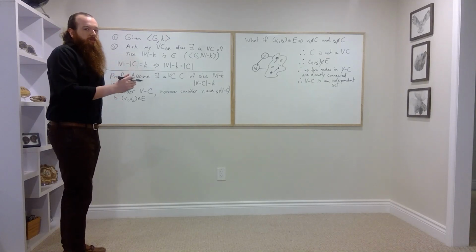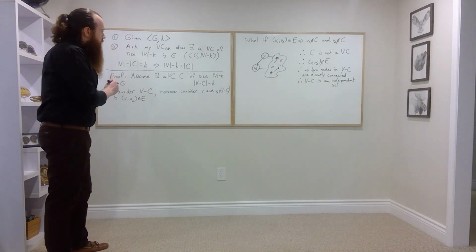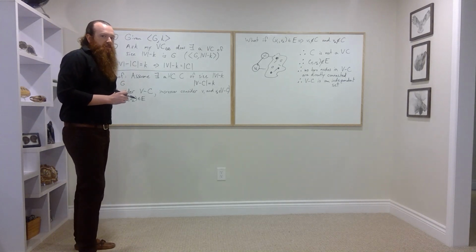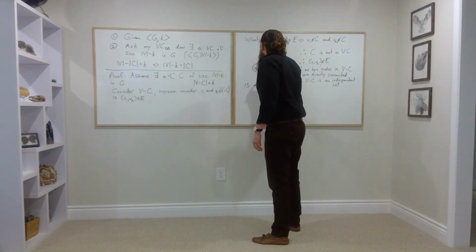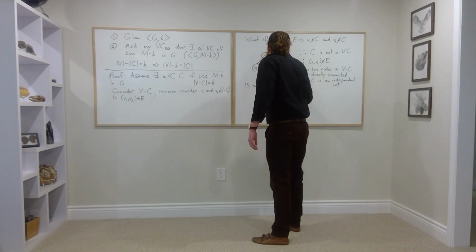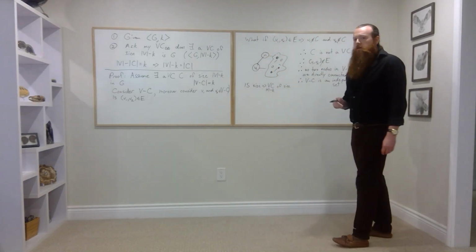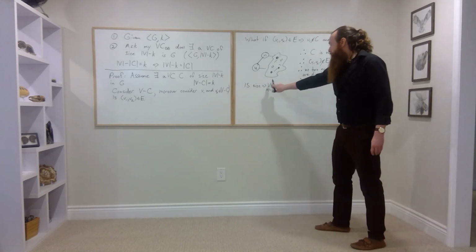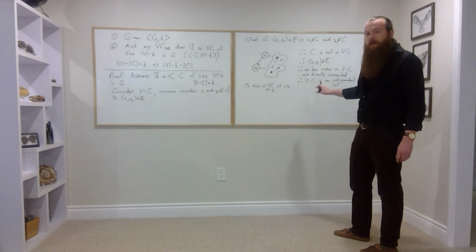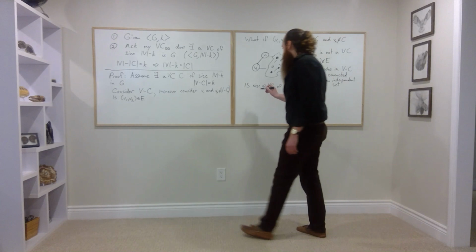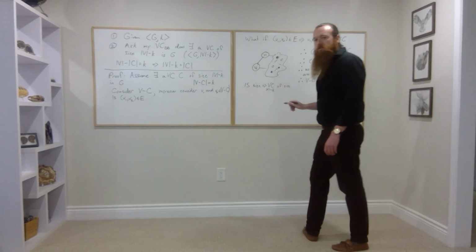Well, we need it to be if and only if, so we need to show that it goes the other way as well. If there's an independent set of size k, then there's a vertex cover. So we need to show, okay, independent set of size k implies there's a vertex cover of size V minus k. We also need to show it that way. We showed that if there's a vertex cover of size V minus k, then there's an independent set. But instead of doing it this way, I'm just going to take the contrapositive and say, okay, if there doesn't exist,